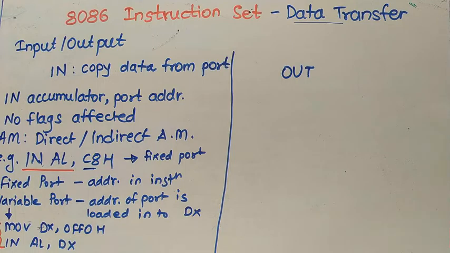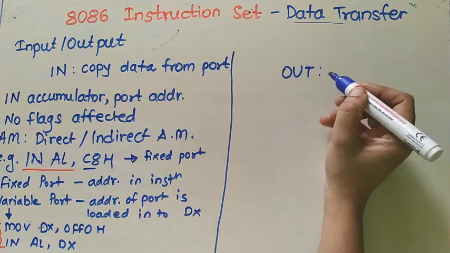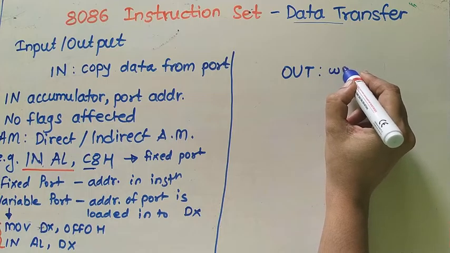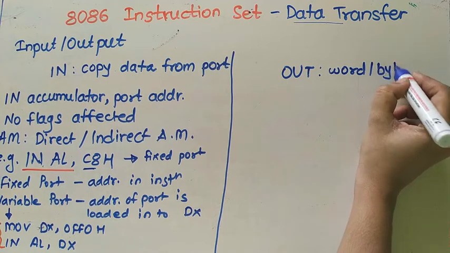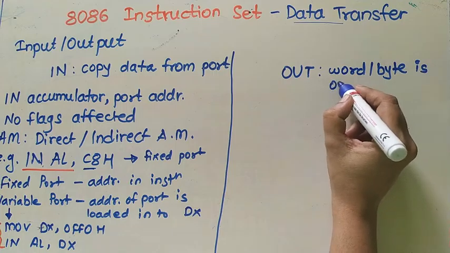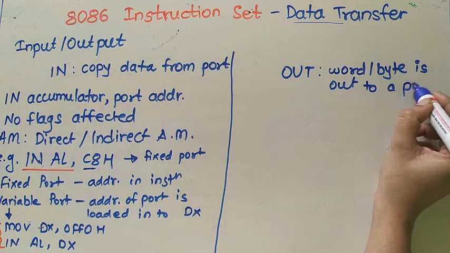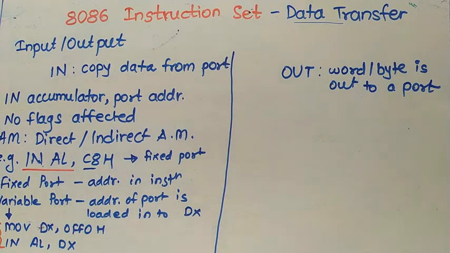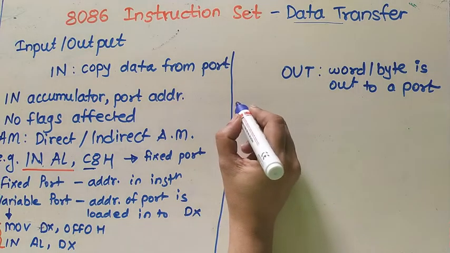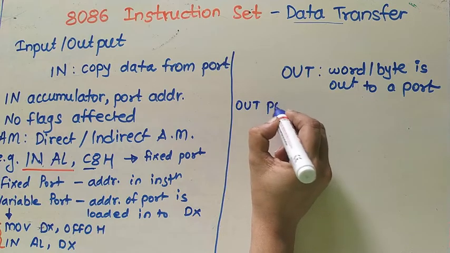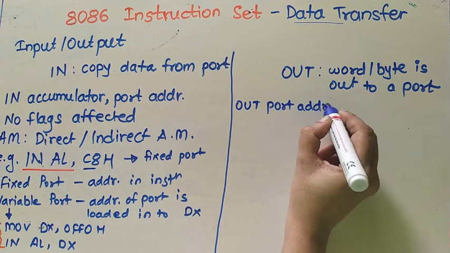After that there is the OUT instruction. This OUT instruction is used to output a byte or word to a port. So with the help of this OUT, a word or byte is output to a port. What is the mnemonic of the OUT instruction? The OUT instruction is OUT port address, comma,